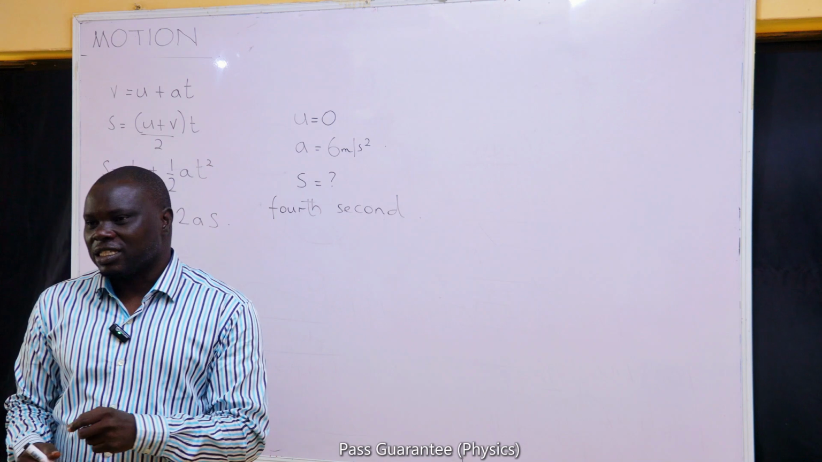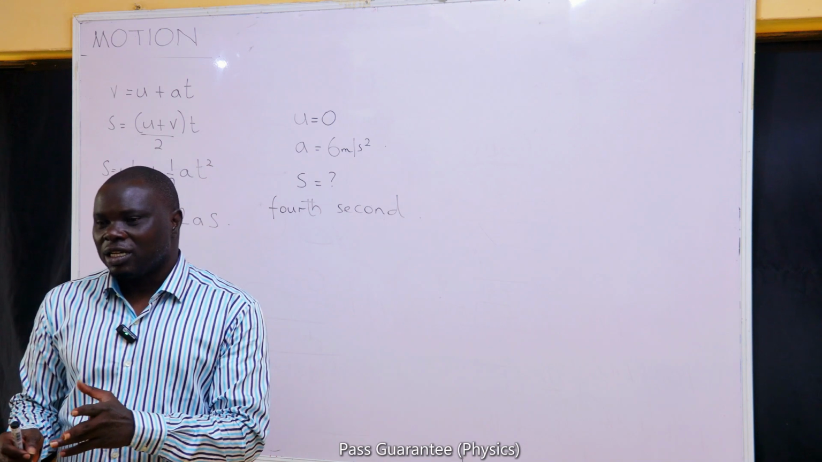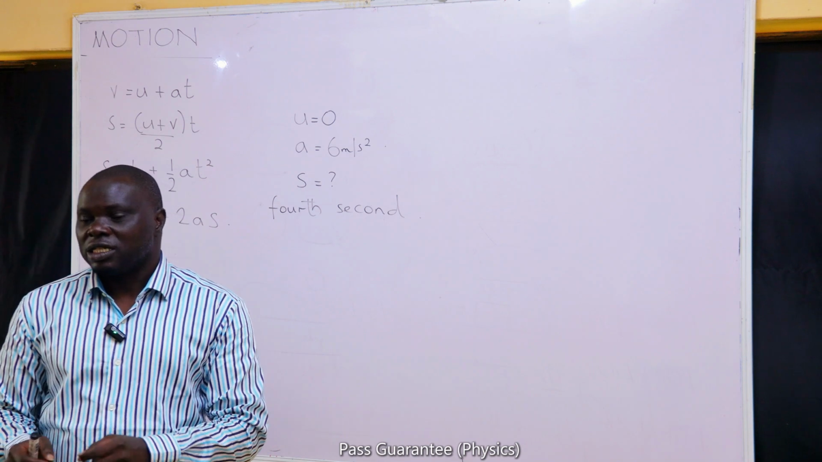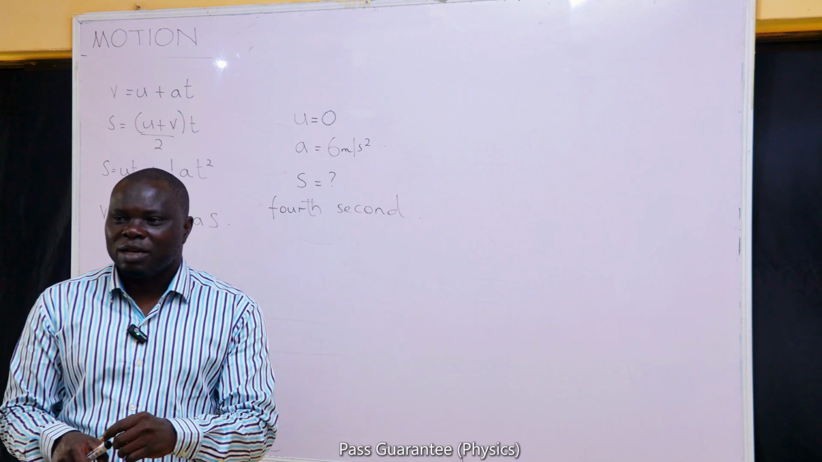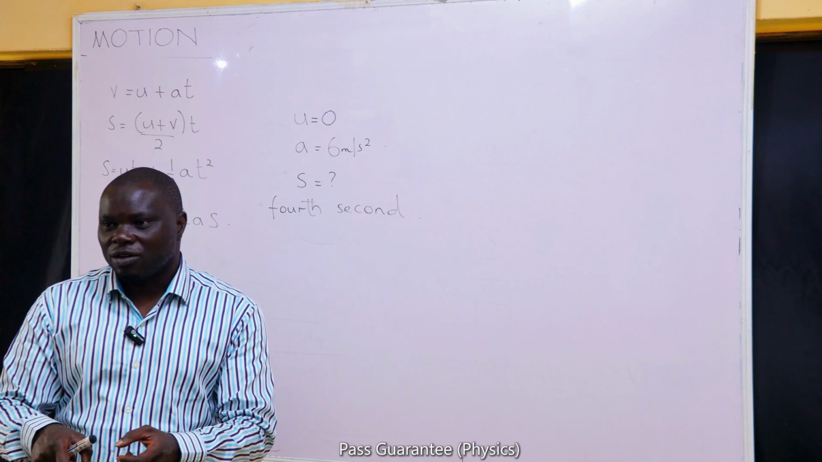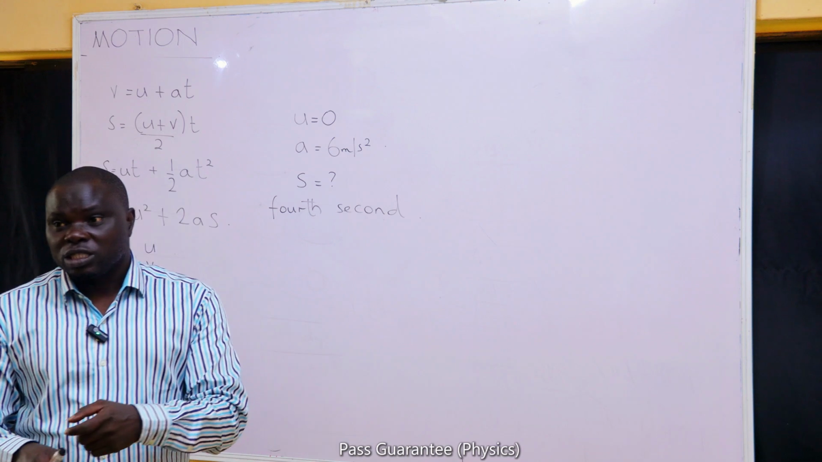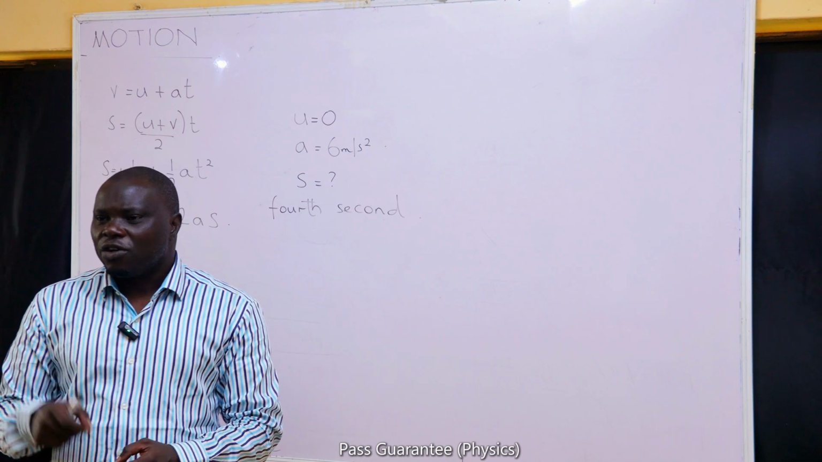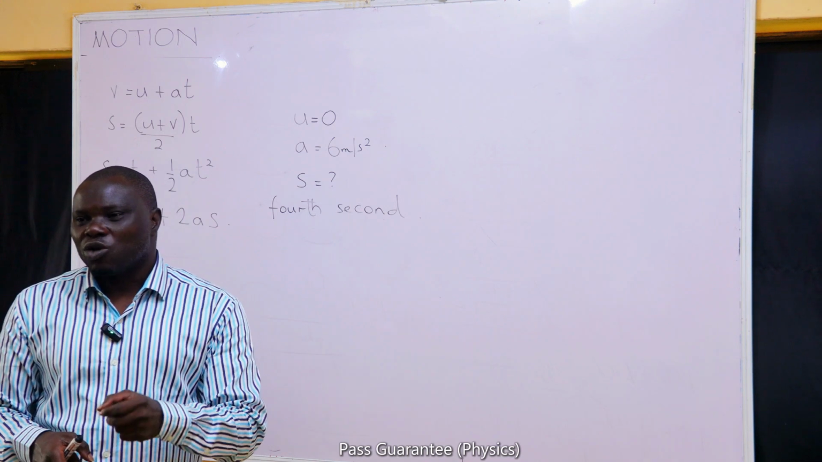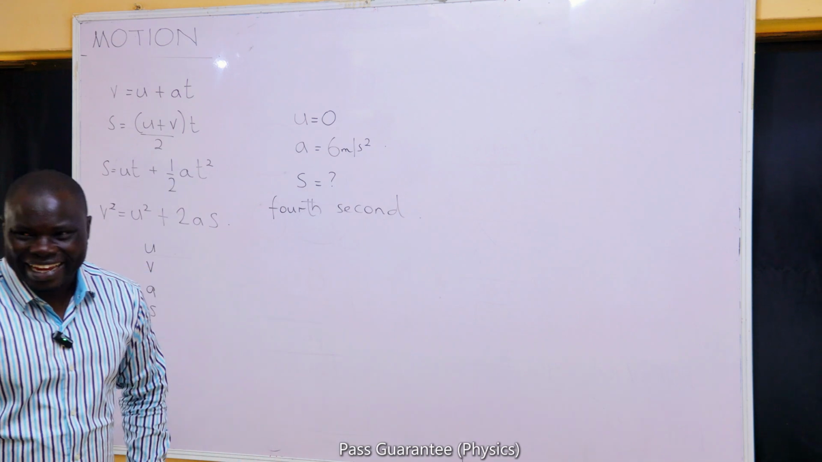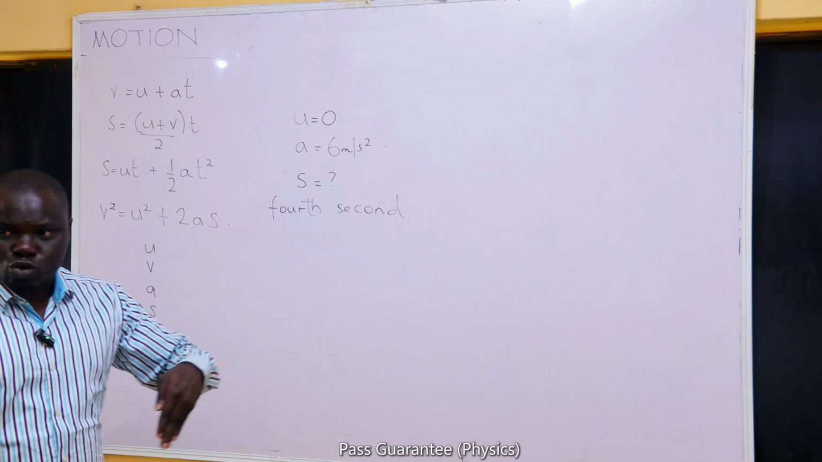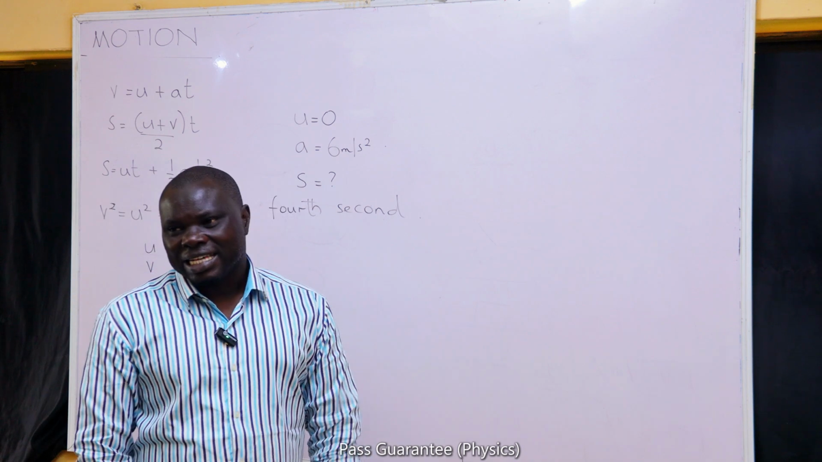The first second is the time between 0 and 1 second. The second second is the time between 1 and 2 seconds. The 3rd second is the time between the 2nd and the 3rd second, sorry. The 4th second now is the time between the 3rd and the 4th. The 4th second started the moment the 3rd second ended, and it lasted through to the start of the 4th